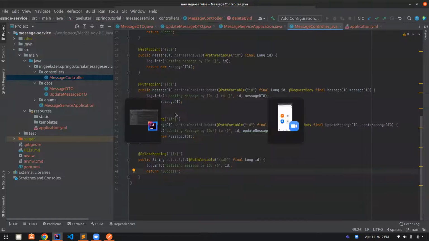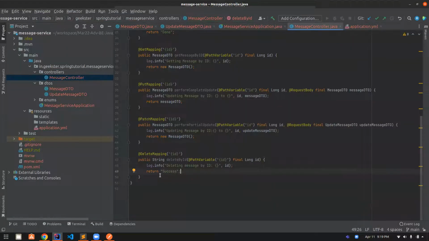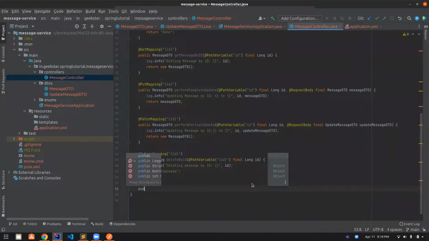Now let's talk about these APIs. Okay, so I have three things: type, lang code, and basically region. So let's create APIs for them. These all are get APIs with query parameter. So the first thing will be